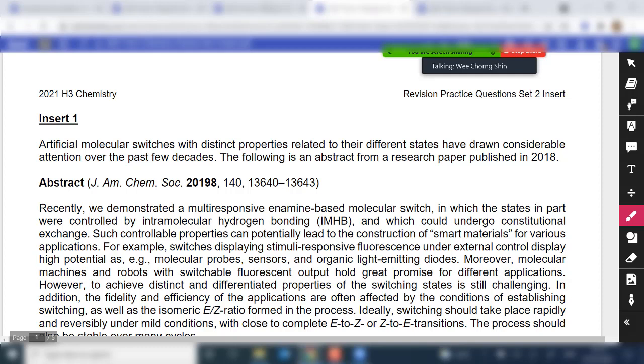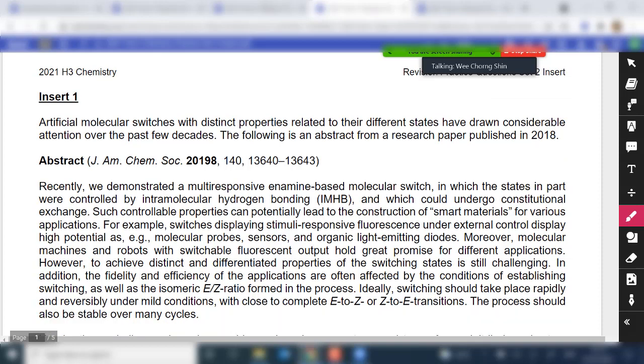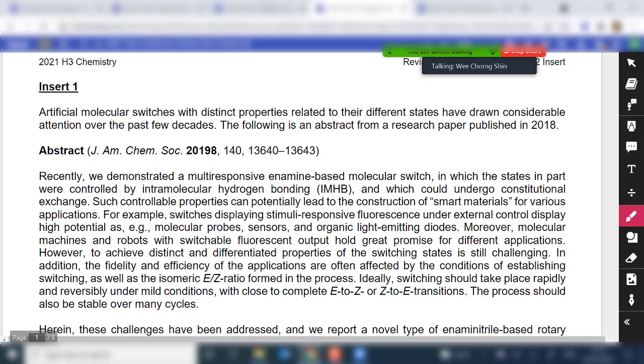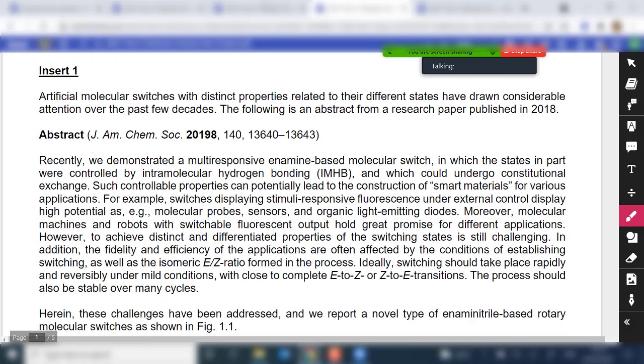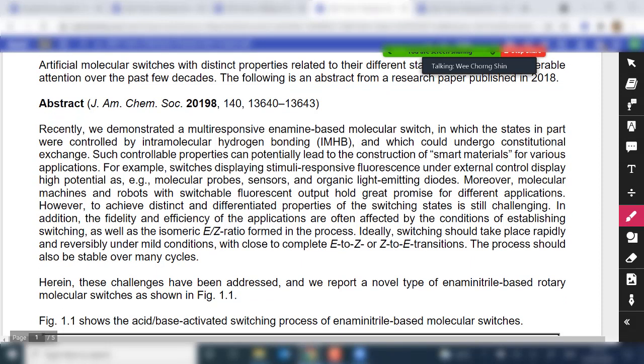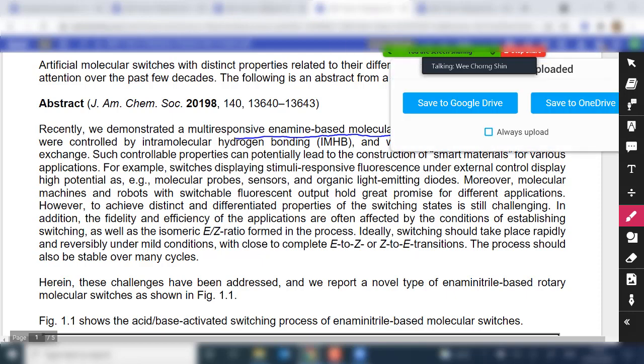So this is the molecular switch, which you get from here. Of course, there's no photochemistry involved because I didn't want to bother the students with a lot of other details. If you're interested, you can ask me for the papers. It's actually pretty interesting. If you look at the abstract, a lot of it you don't really need for the question. They mention this state-of-the-art multi-responsive enamine molecular switch